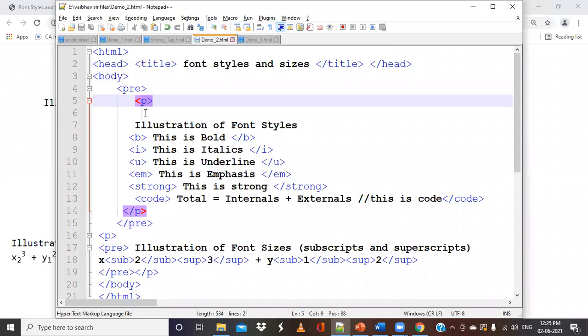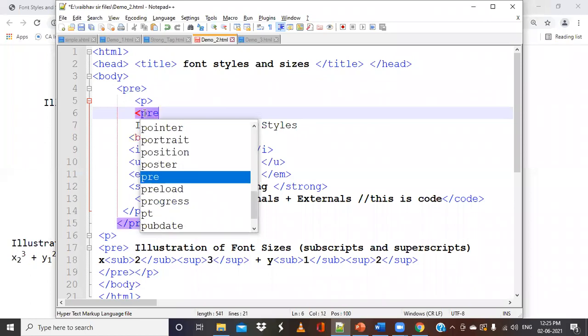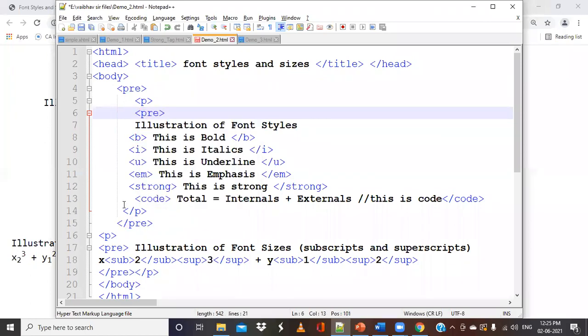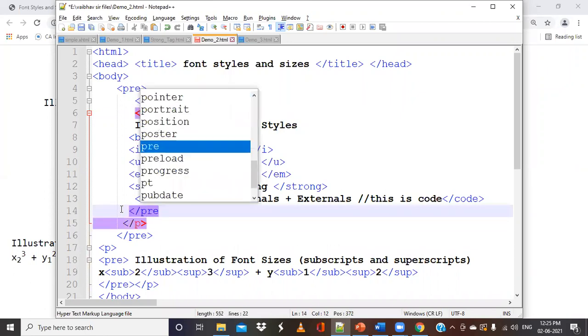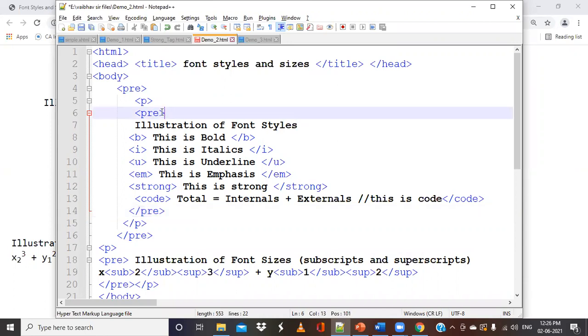Or if you want to put the pre-tag the way Siddharth told, you can put it like this: put the pre-tag here first and then close it here. But you said to put the pre-tag after the paragraph and close the pre-tag after this P. That will be a mismatch. It will work, but it will not be proper. So either you put the entire paragraph within this pre, or you do it this way.